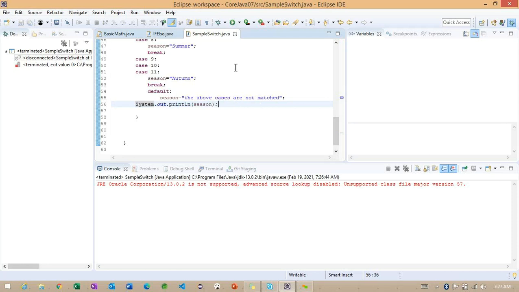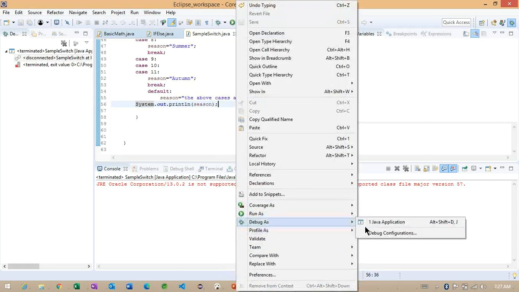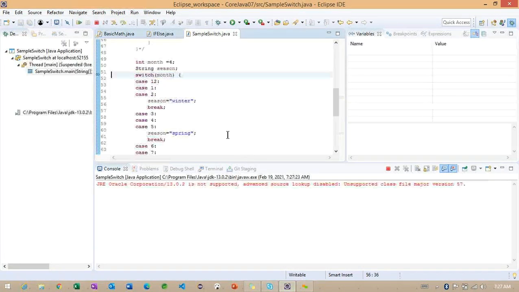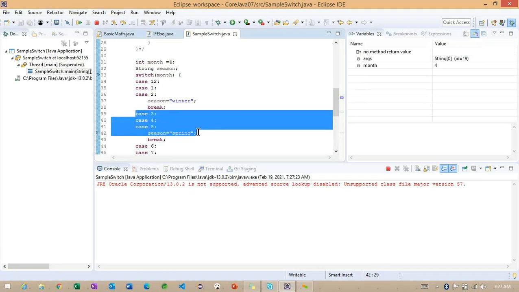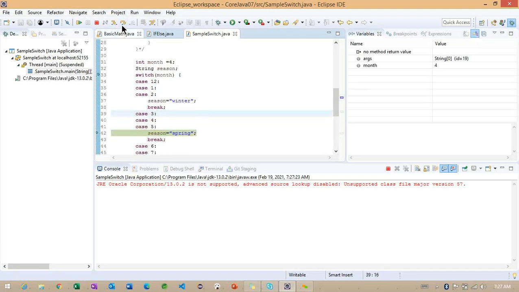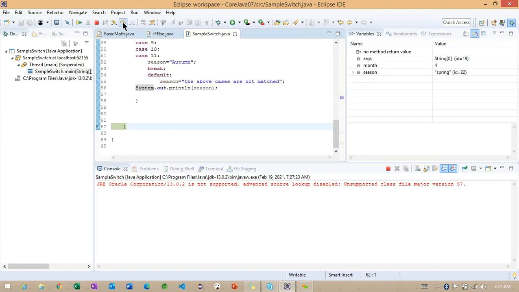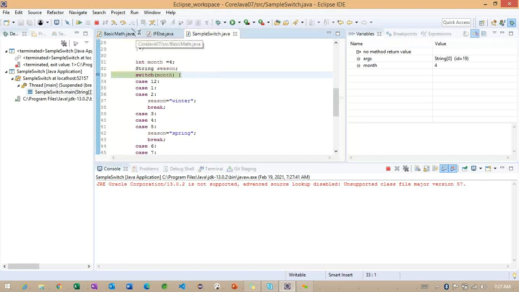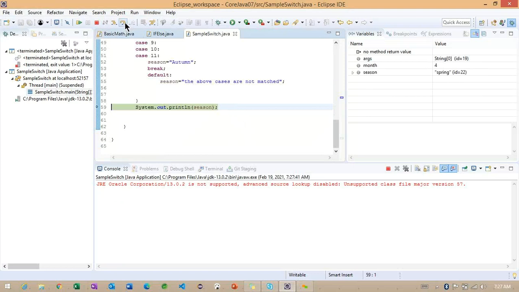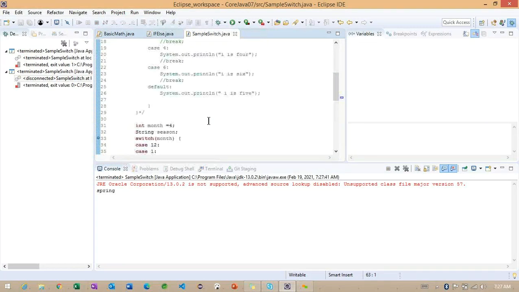Now it is stated inside this particular default. So we'll try to execute one more time here. You can check here. We are entering into this particular case details, and after that, okay, sorry, I made a mistake inside this particular loop. Here we need to specify restart. You can check here the season. Now it will print. It is called spring. So this is the way we can check here.